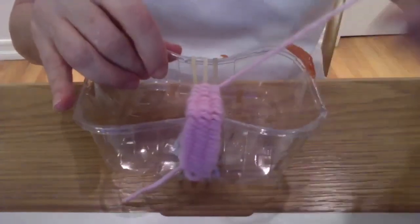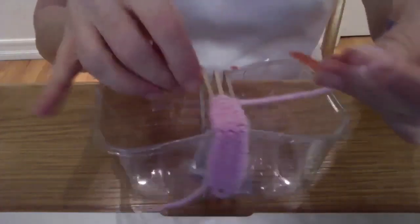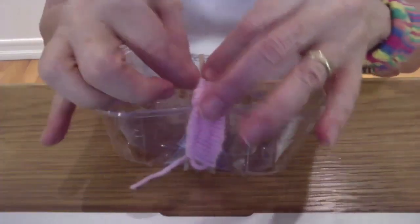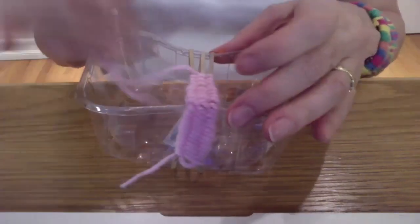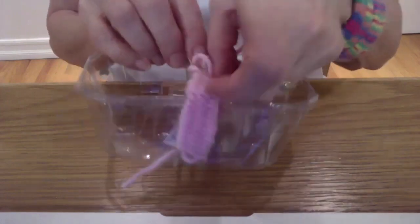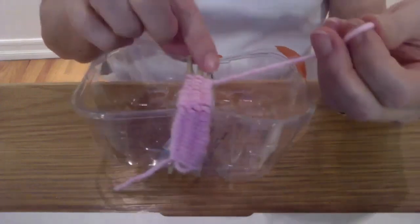I wanted to show you weaving with 3 rubber bands. It's basically the same idea. You're going over, under, only this time this comes out underneath this rubber band. So you go over this rubber band on the outside, under the middle rubber band, come up in between the other 2 rubber bands. Then you'll go over the outside rubber band, come up, go over the middle rubber band, come up, and then go under this rubber band, then over,